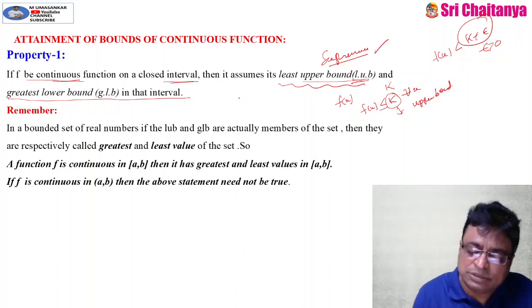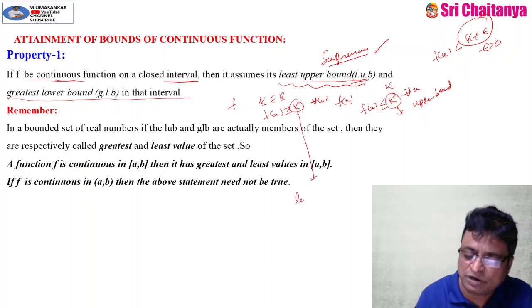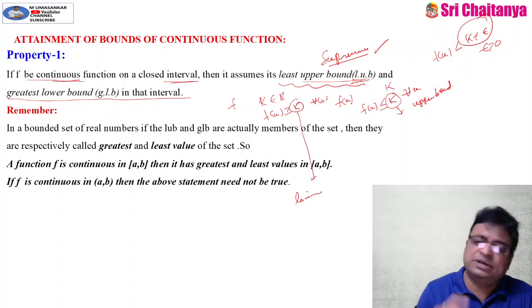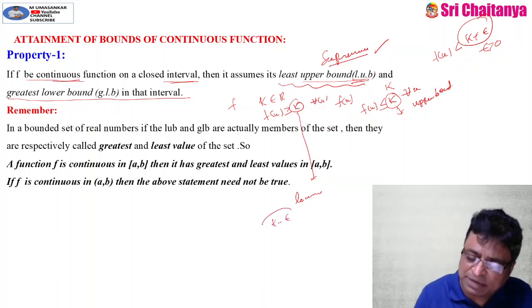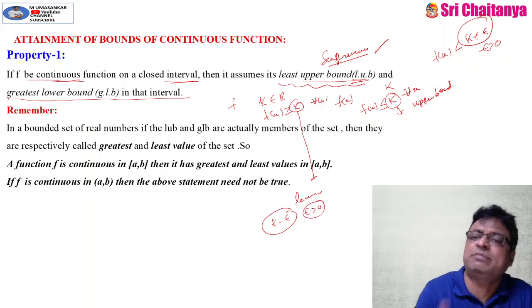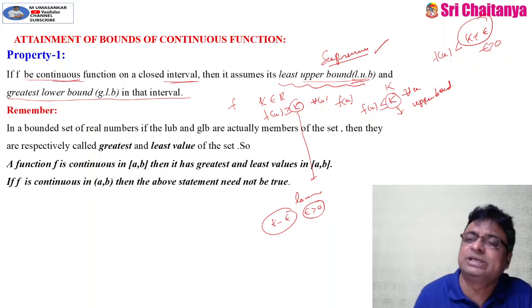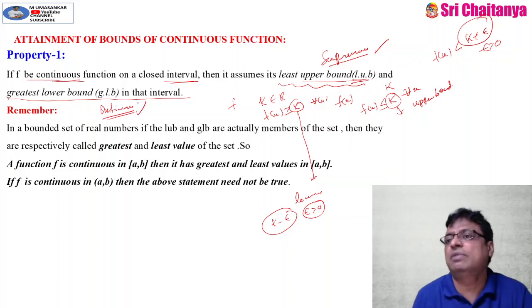Similarly, suppose f is a function and small k is any real number. If f of x is greater than or equal to small k for every x, then we can say that k is called a lower bound. Once all the functional values are greater than k, then obviously they are greater than k minus epsilon, where epsilon is a positive real number. So once a lower bound exists, there exist infinitely many lower bounds. Among all lower bounds, the greatest one is called the greatest lower bound. I can call that the infimum, or GLB.